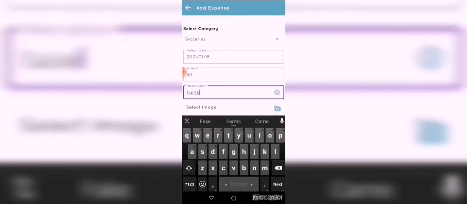I'm going to select the same date. Amount is 50 ringgit. So it's all calculated together as it's the same date and same category. So I'm going to choose now a different date and the same category.